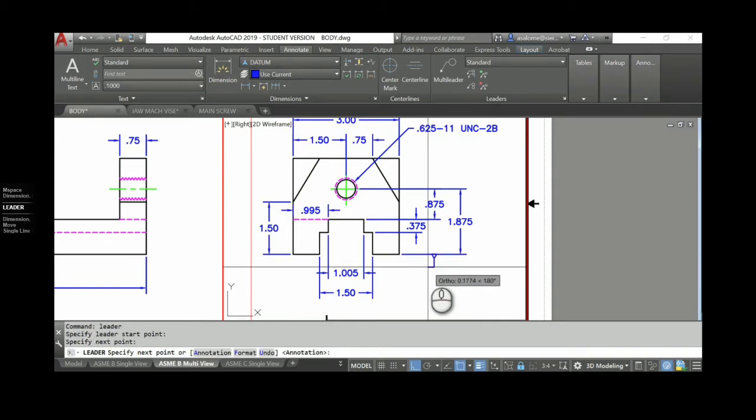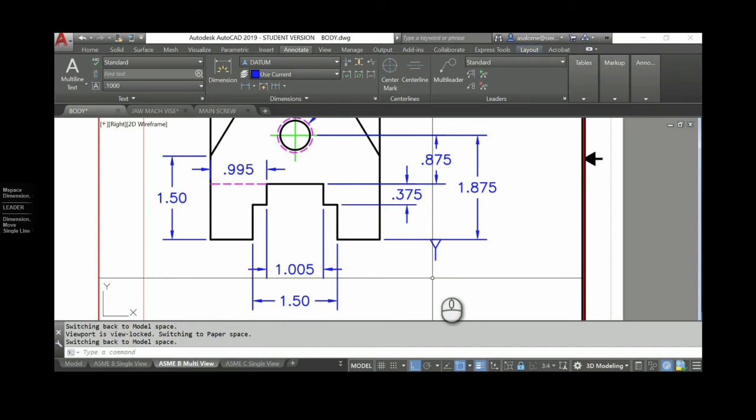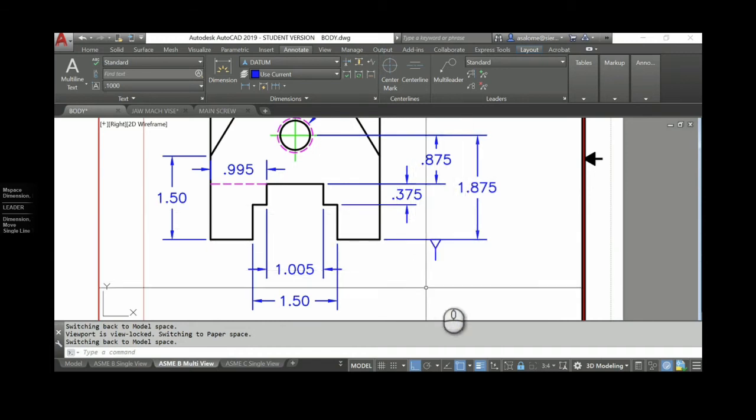And now remember, this is the leader command, so it's wanting you to draw a shoulder, etc. I'm going to do this. Notice my default is to go to annotation, and it seems counterintuitive, but I'm going to go ahead and enter and take that annotation, and then I'm going to enter for options, and then I want N for none because I don't want any annotation. So it's leader, pick, enter, enter, N for none, and enter. And what that's going to do is give us the stand for that datum feature symbol.